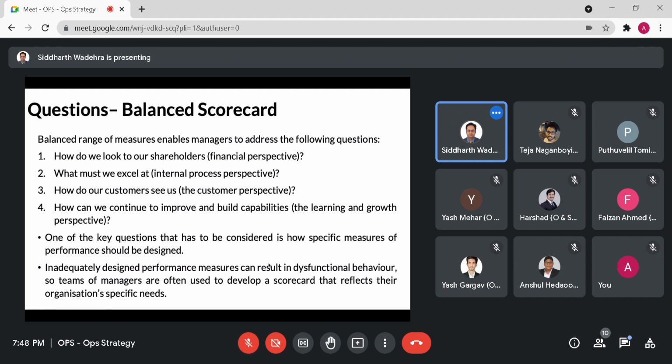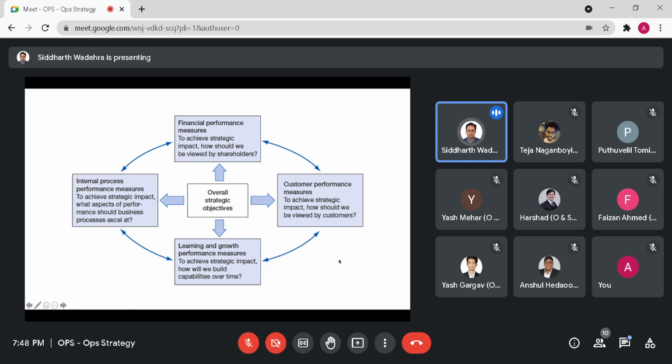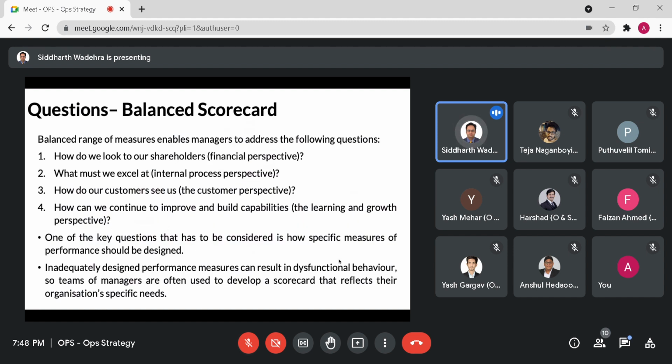That's absolutely true, because if your performance measures, your monitoring and control measures are not designed appropriately, your organization or the ground level staff will not know. In the case of an airline, your air hostesses, in the case of Tesco, the people who are in the retail store, would not know what are some of those matrices which they will be judged on, or which their performances will be calibrated on. So if there is a checkout guy in a Tesco store, and if it's a peak hour, he probably might have a matrix of having maybe 20 checkouts in an hour, and that's maybe a performance measure that has been put in place for him.